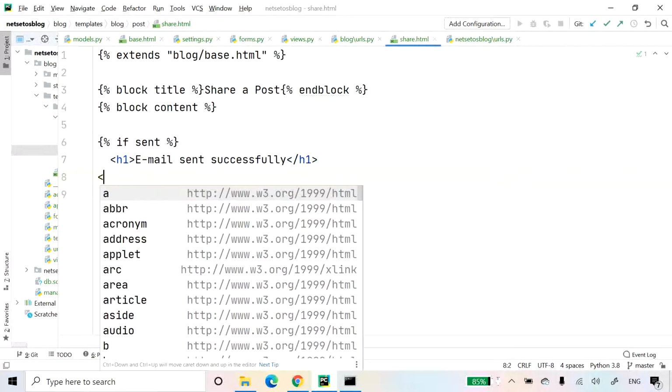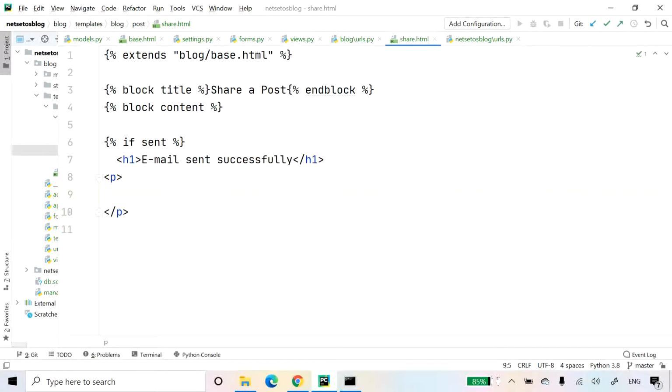Then I will introduce a para. Inside p tag, we will give post.title, which will give was successfully sent to form.cleaned_data.to, and then we will close this.